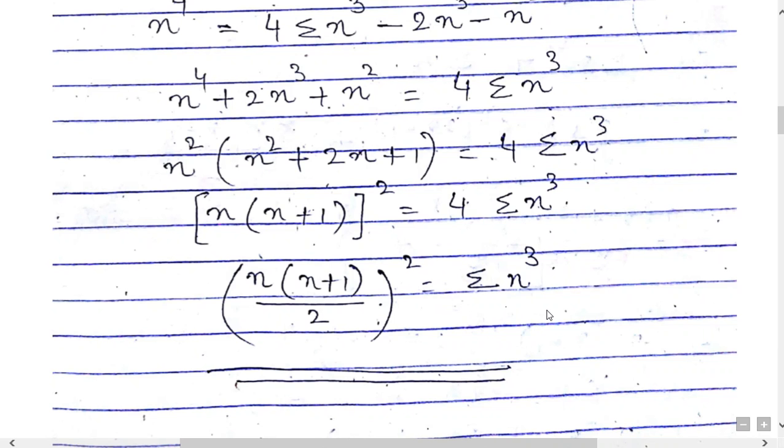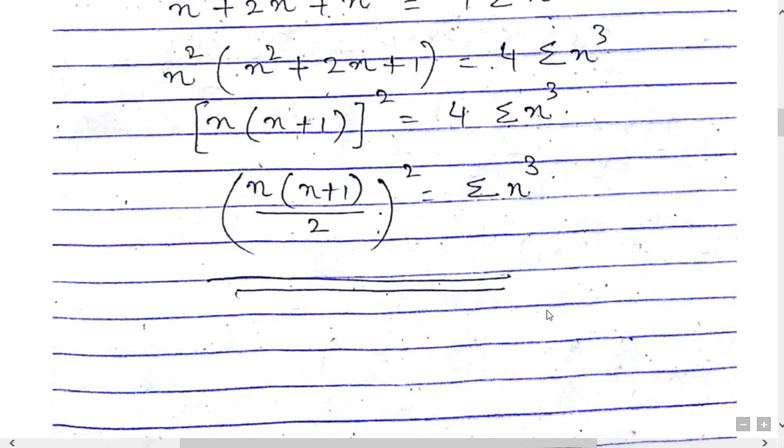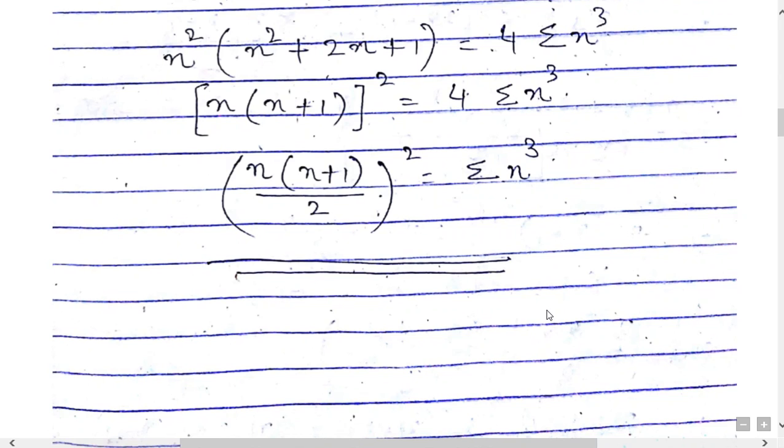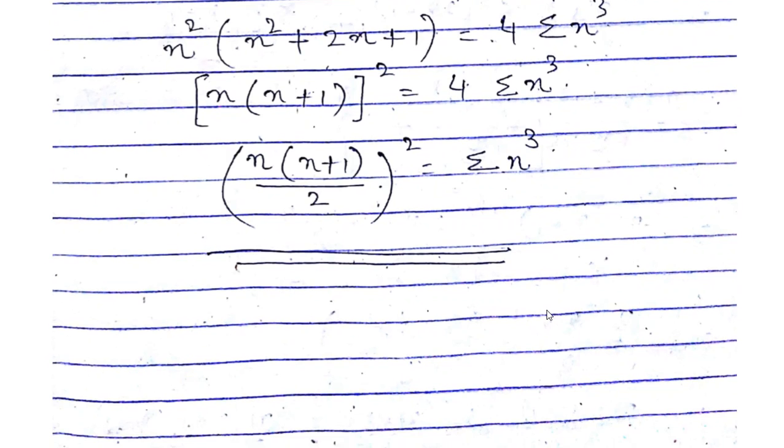Now 3 formulae are important for the exercise. I repeat again, kindly remember these formulas before proceeding with exercise 9.4. One is sigma n, second is sigma n square, and third is sigma n cube. The derivation of these formulas, that is sigma n square or sigma n cube, may be there in the examination.